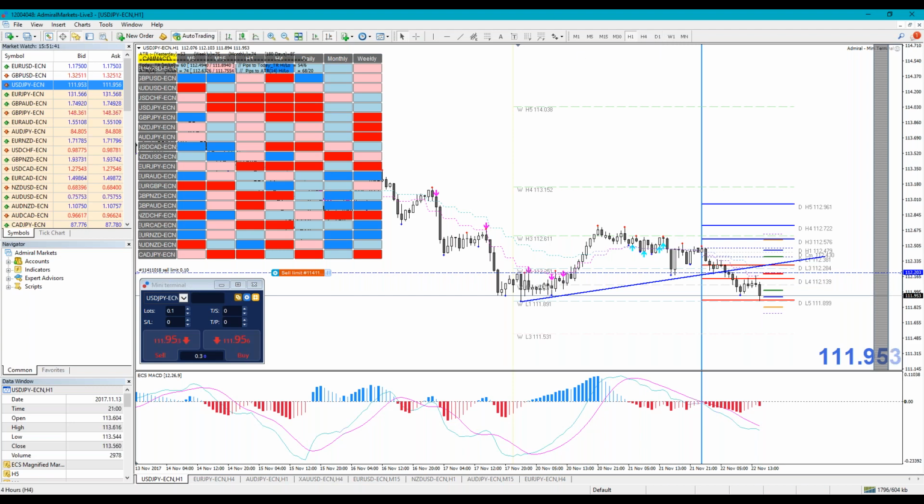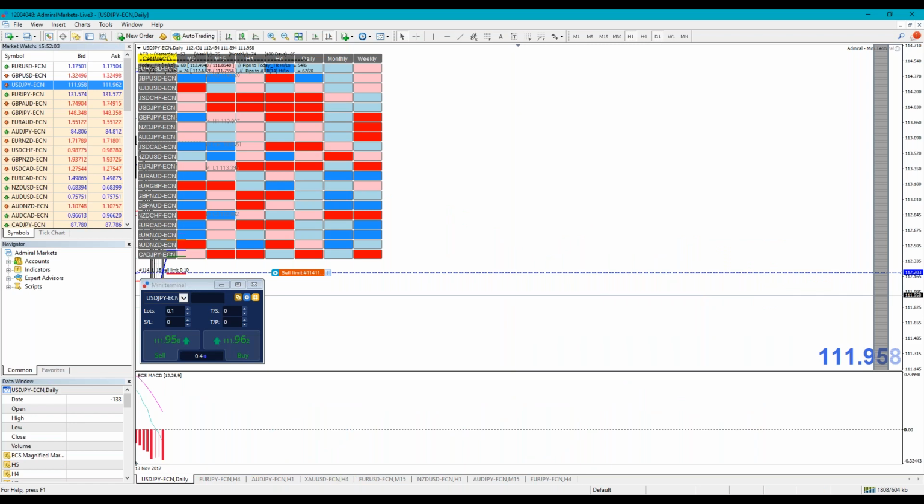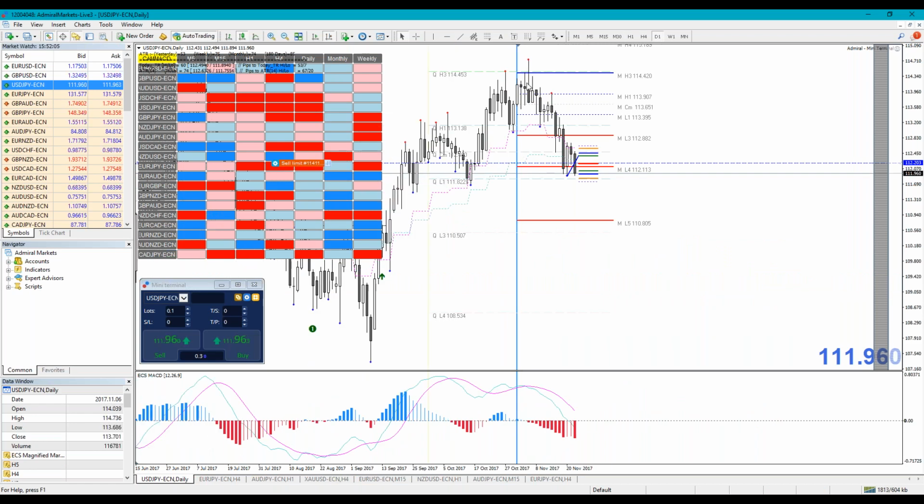Now, if we do a top-down approach here on my Camarilla MACD dashboard, it is clearly monthly and weekly don't have any trend, but daily, 4 hour, 1 hour and 15 minutes are having a very strong trend. So if I actually run a top-down approach from daily, you see daily big bearish candles, so definitely zigzag.